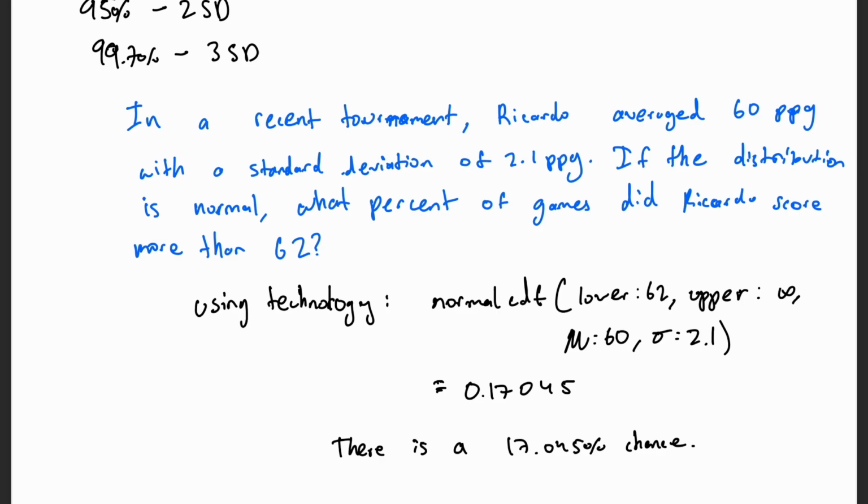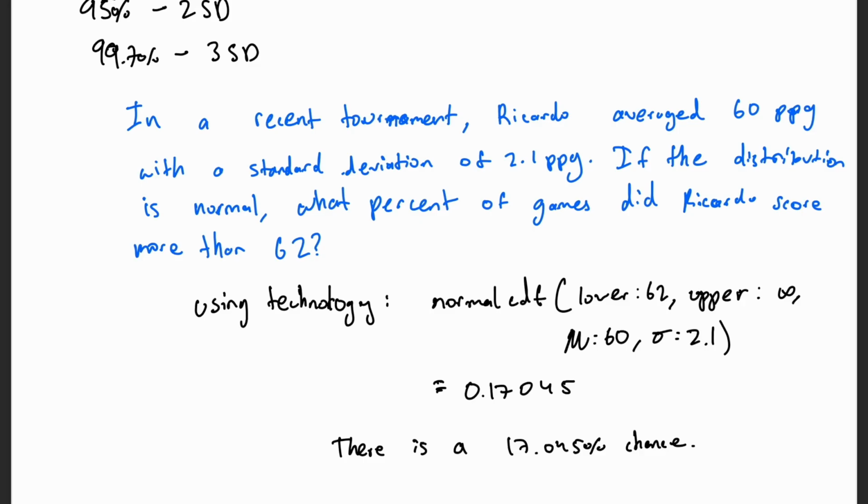So we can solve this by using technology. Remember, whenever we're solving an FRQ with the use of a calculator, we have to write "using technology." Then we write the function name. Then we write, in this case, the lower bound is 62 because it has to be 62 and above. Then the upper bound is infinity, or just 1 followed by as many zeros as possible. And then you have the mean at 60 and the standard deviation at 2.1. And that gives us